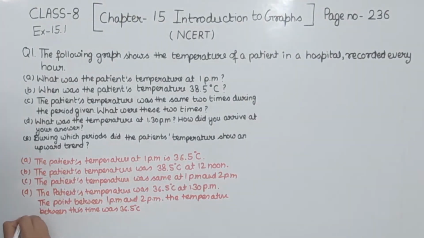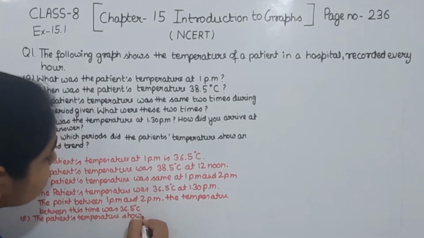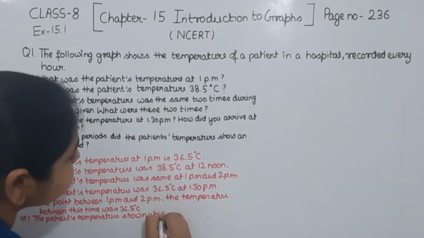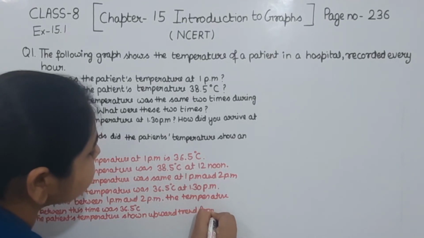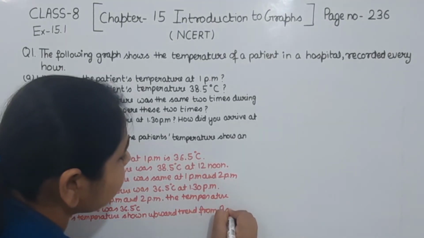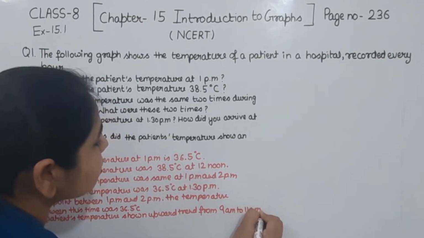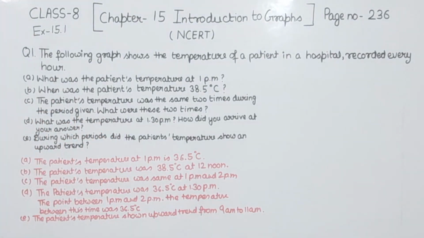So I'm going to write here: the patient's temperature showed an upward trend from 9 a.m. to 11 a.m. So this one we are having is part D. So this one we are having is part E. With this one we have completed question number 1. In the next video we are going to start with question number